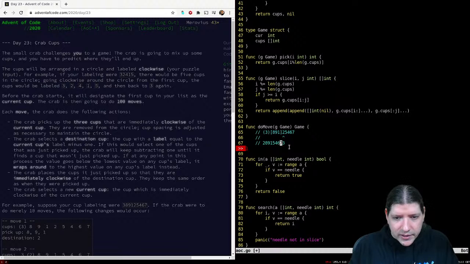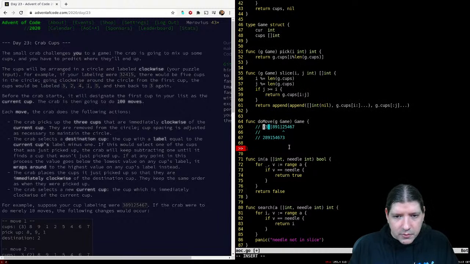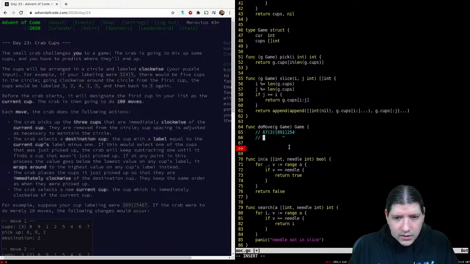But this is kind of the issue, right? This logic completely changes if we rotate things around. What if it's like this? So now this is the destination cup, and we still start with the destination cup. Okay, so then we say everything from the destination cup till the end, and everything up until the current cup. So 6, 7, and then the current cup. But what if the current cup is actually here? What if it doesn't start here? Then we start with there, right? And then you need to